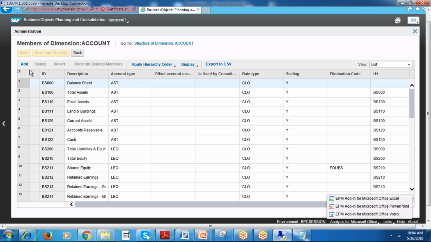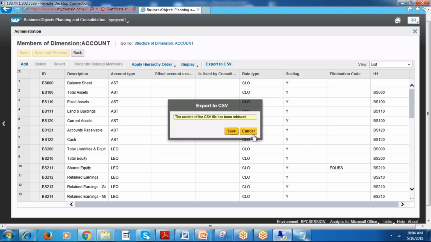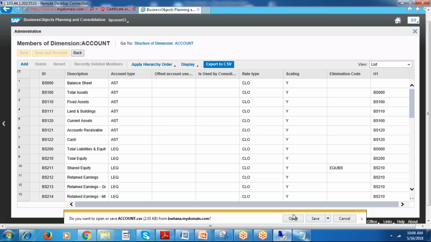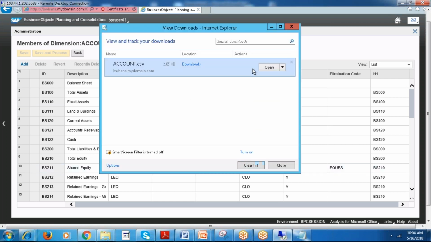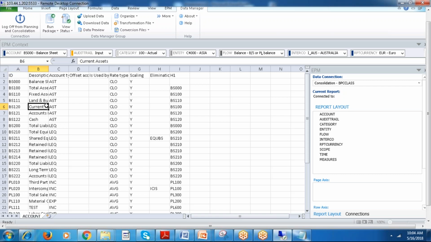We can manually input the data by adding here, and also copy paste. We can copy from the Excel sheet and paste here, and also we can export the data, this export CSV file to your desktop. If you want to make any changes, you can open this one, make the changes on your desktop, and bring it back to the dimension.